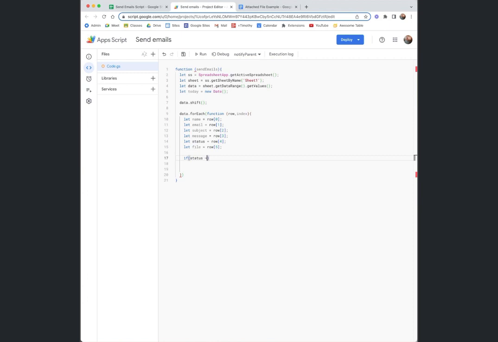And we're going to say if the status is blank, then we are going to do something. And what we also want to do here is if the subject is blank, this is a next if statement, we want to send a default subject, name plus file attachment. And then another if statement, if the message is blank,